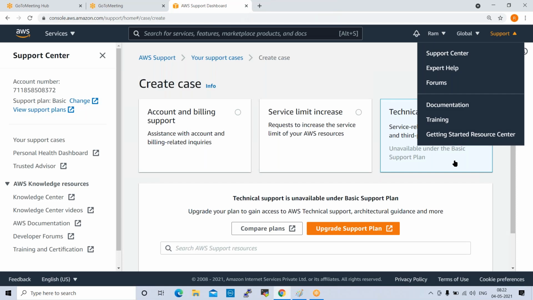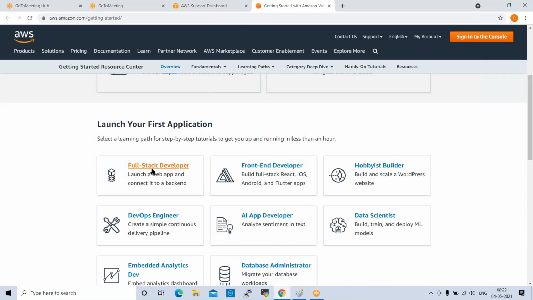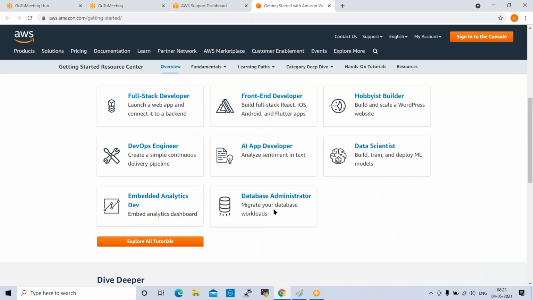Next one is the getting started resource center. What is this? Apart from the AWS services, we'll get other services also, instead of the console. Click on this and go down here. See here: full stack developer, front end developer, DevOps engineer, AI, meaning artificial intelligence, AI app developer, data scientist, database administrator.